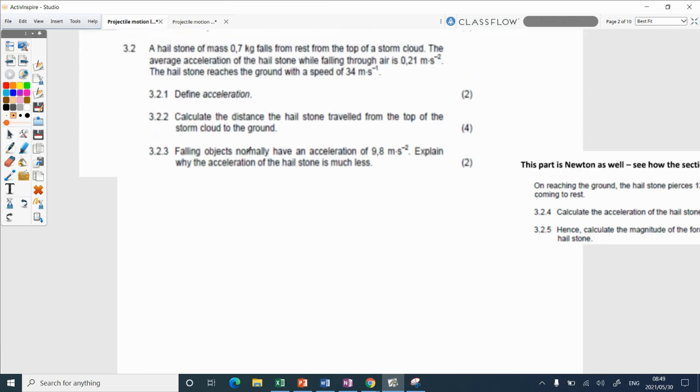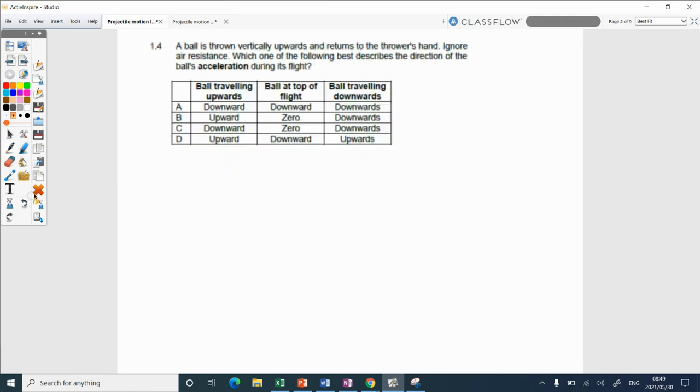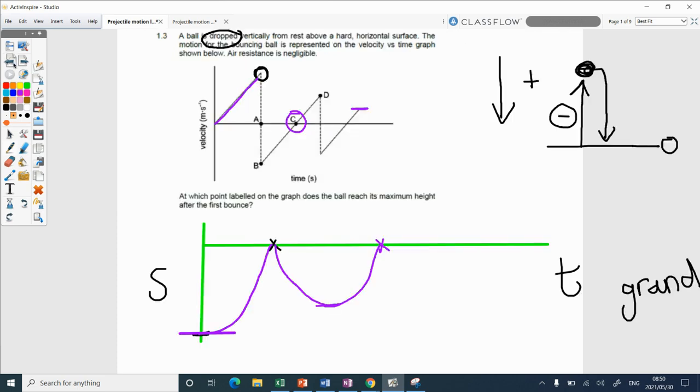Okay, so let's just see if it wasn't a graph, if you guys are fine with that. Calculate the distance the hailstone traveled from the top of the stone to the ground. Also, you need to teach yourself exam skills. Super easy, plug and play, think a little bit. So don't make something out of the second question that it's not. It's never going to be a hard question. It's always going to be easy. Just normally plug and play. You choose an equation and you just do it.